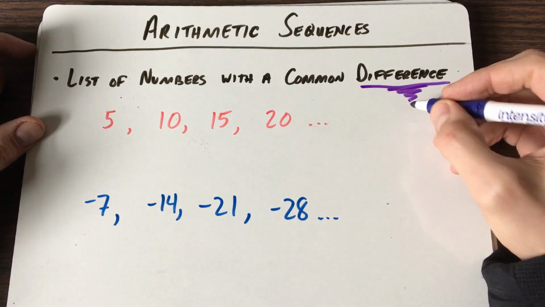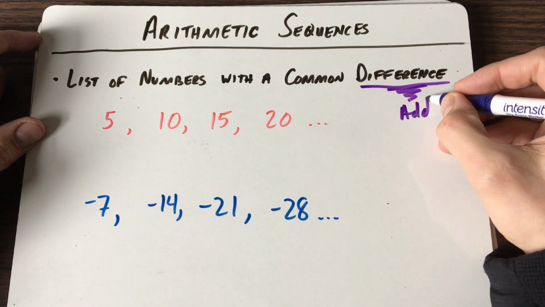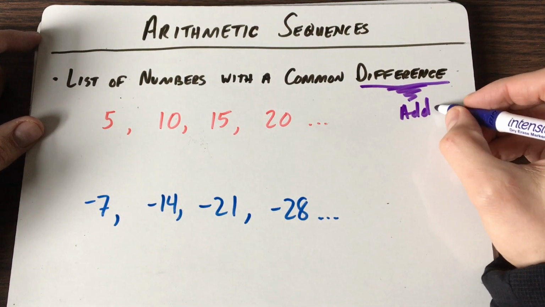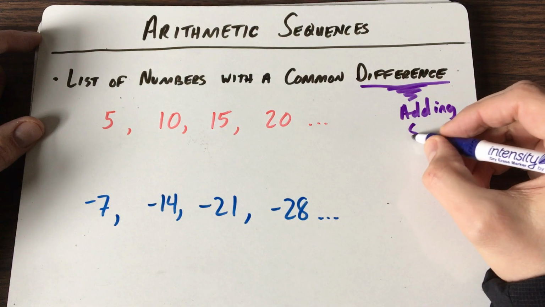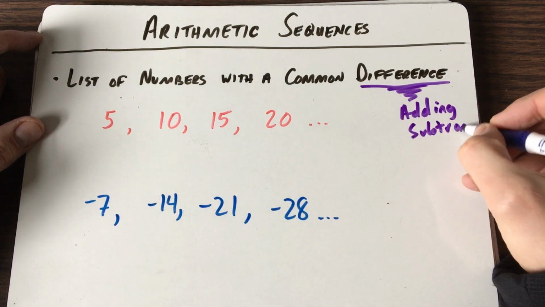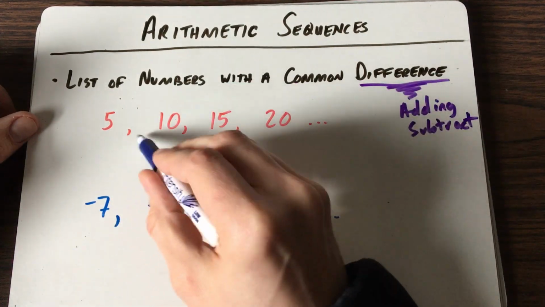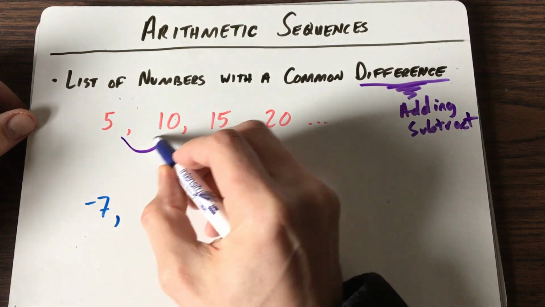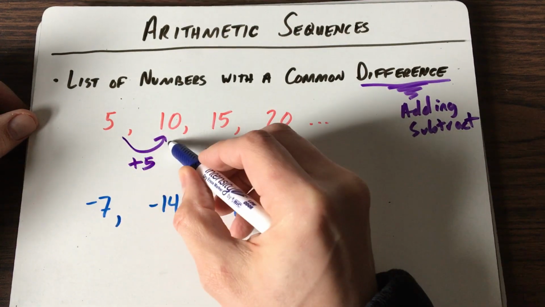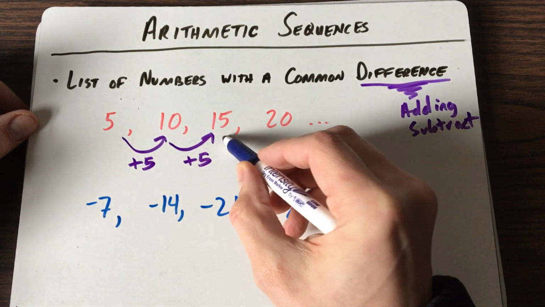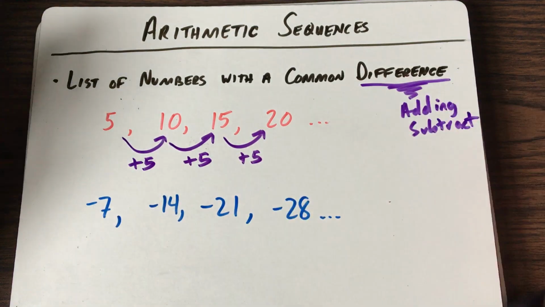And when I say common difference, that means the pattern that you notice is going to be adding or subtracting, but honestly, you can think of it either way. It's not going to be a multiplying pattern, right? You're not going to see a list where the numbers are being multiplied by a certain amount every time. Like if you look here, my red one, 5, 10, 15, 20, right? It doesn't take a Rhodes Scholar to see that here the common difference is positive 5